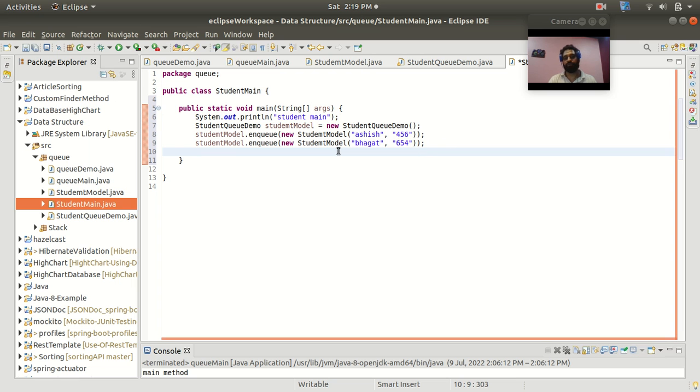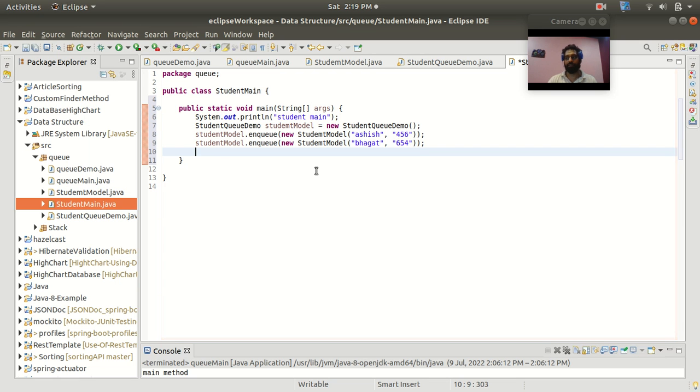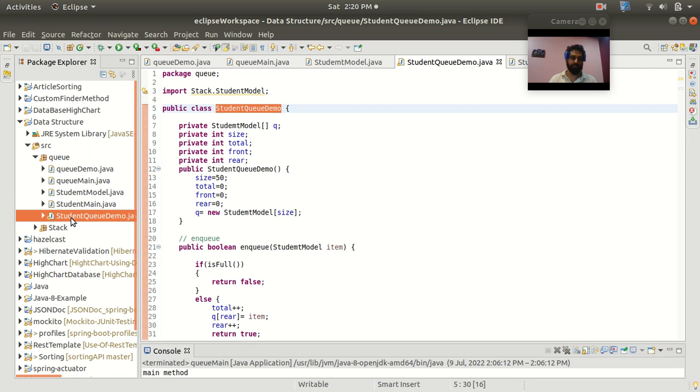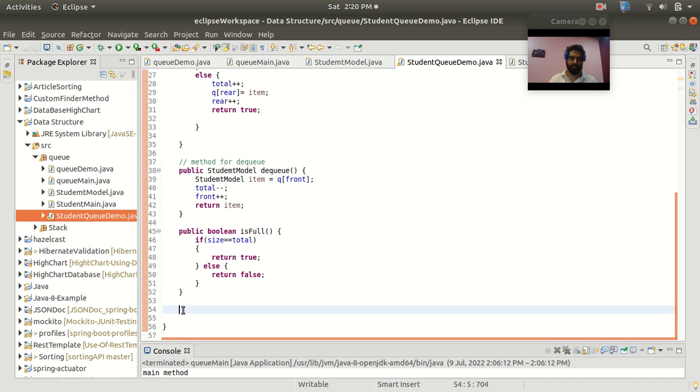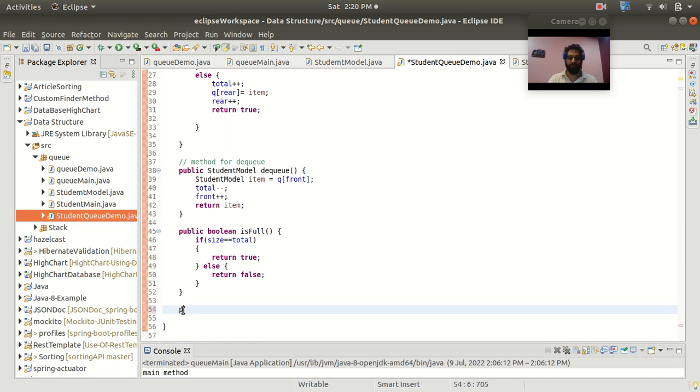Now I need to show all the elements, right? So for that, I will write one more method inside our student queue demo class. Here I'm going to write one more method which will fetch all the elements from the array of queue, and then it will show. So this is the show all method,